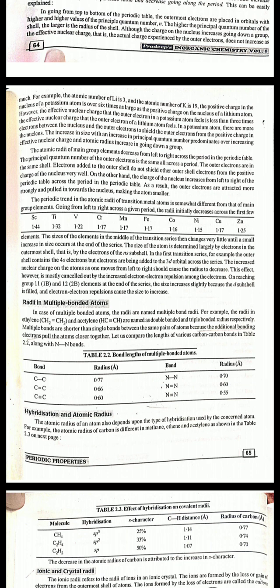The atomic radii of main group elements decrease from left to right across the period in the periodic table. The principal quantum number of